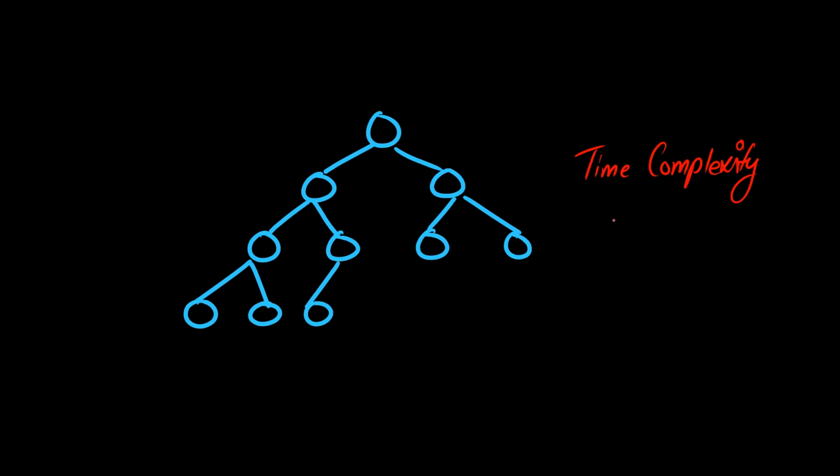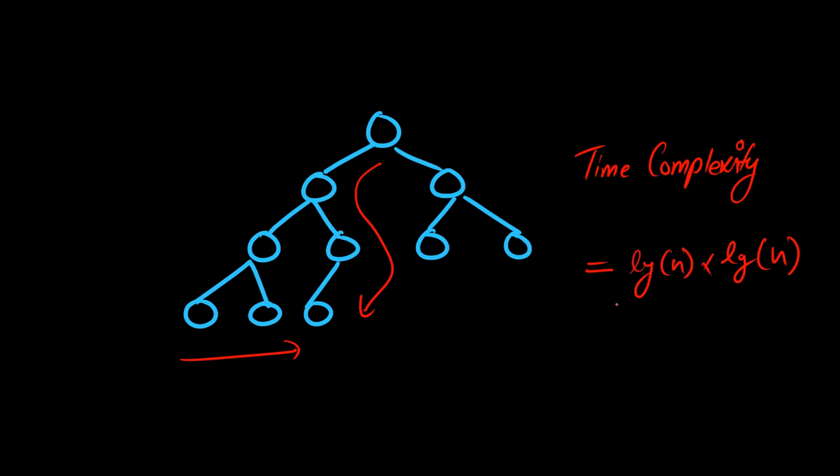Let's see the time complexity of this approach. As you can see, we are calculating height many times. It will take log n time to calculate height one time. Now how many times am I calculating height? That will depend on when I am getting the rightmost node of the last level. So in the worst case, I might go to the leaf node. So it will also take log n. So the time complexity will be log n into log n.